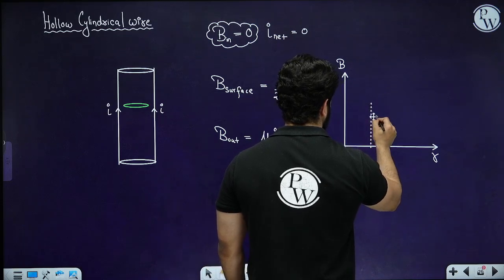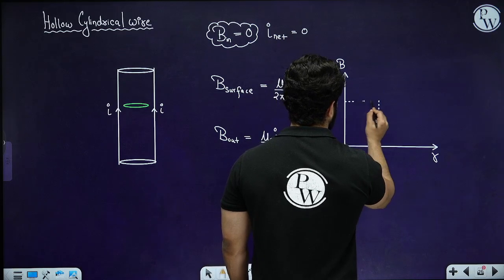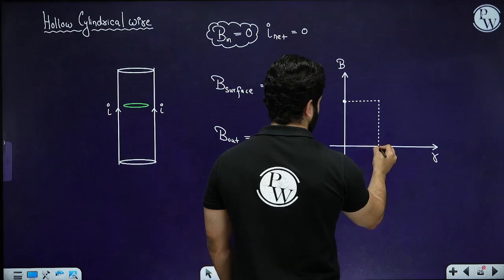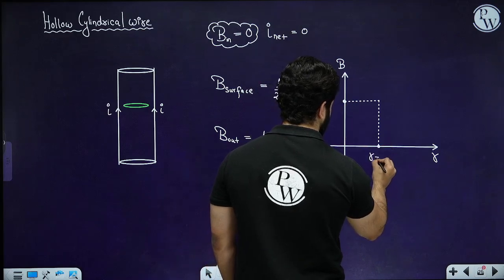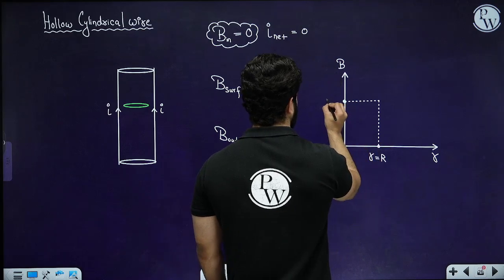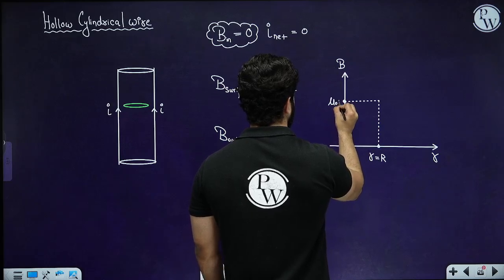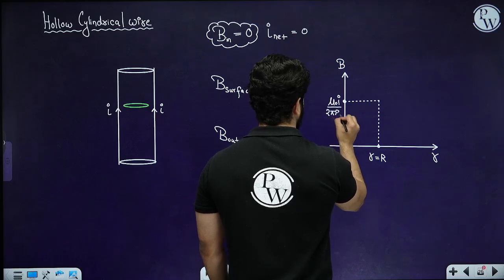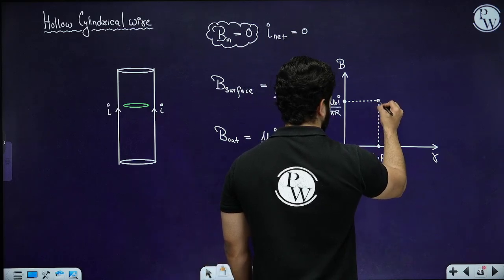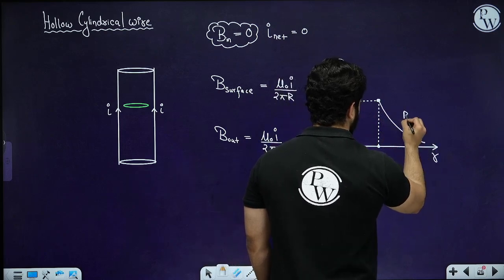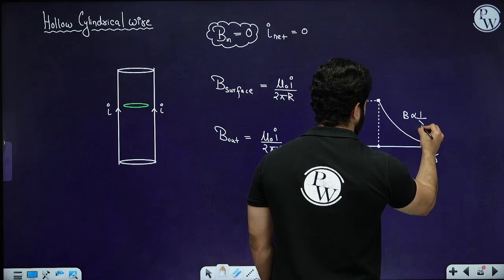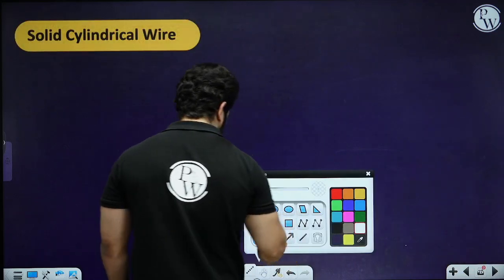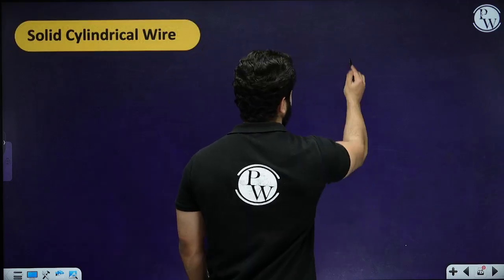So let's suppose we are talking about this: R equals capital R, and this is magnetic field mu naught I upon 2 pi capital R, and after this point magnetic field will be something like this. Magnetic field will be inversely proportional to r. But what will happen if we have got a cylindrical wire? If we have got a cylindrical wire, something like this,